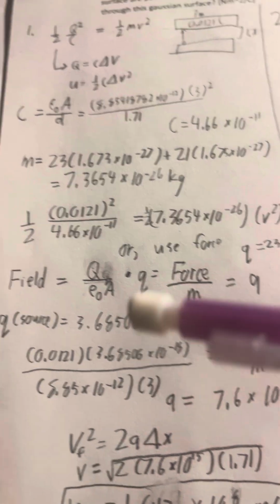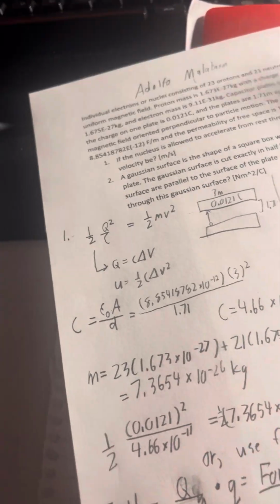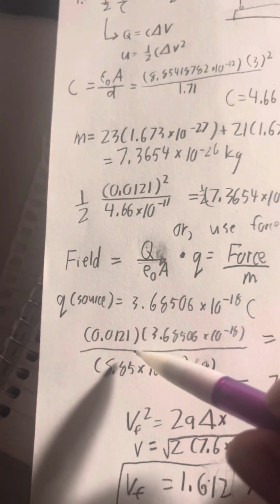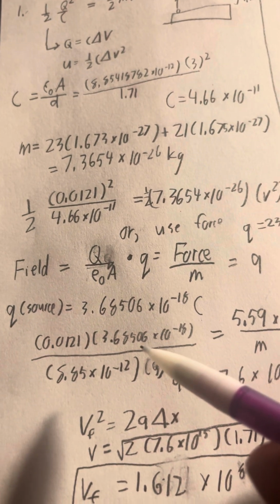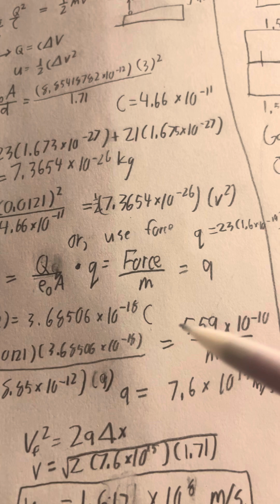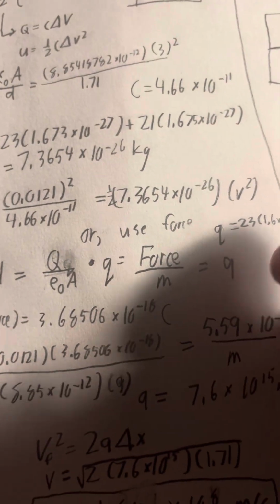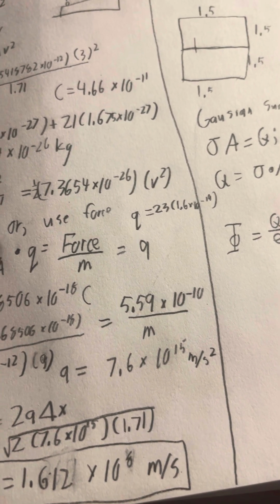We're using, this should actually be a 9, sorry, that should be a 9. We're using the initial charge of the plate, or the system charge, multiplied by the source charge of the actual nucleus, and that gives us an electric force of 5.59 times 10 to the negative 10